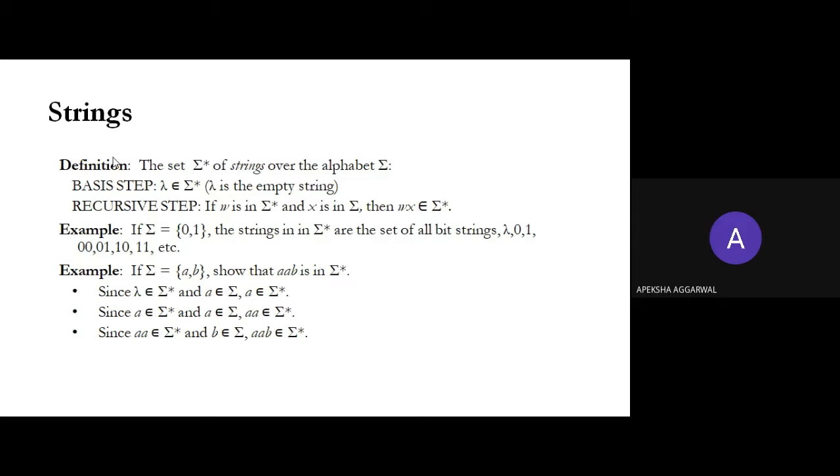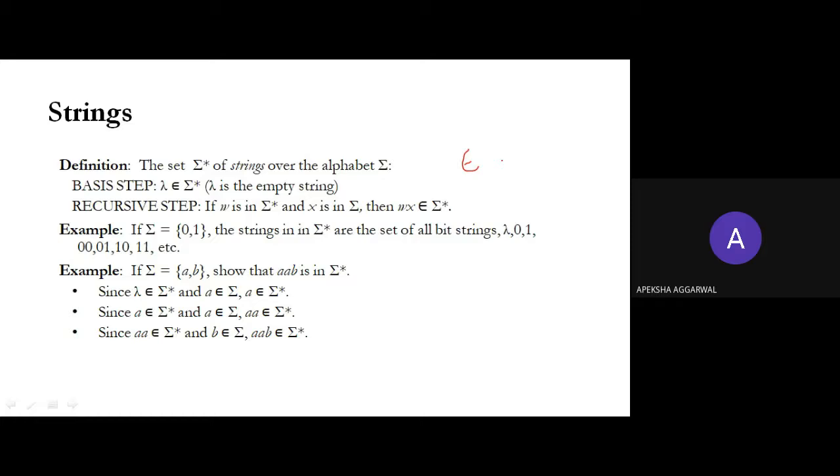So either you can use lambda or you can use epsilon. The epsilon symbol can also be used for representing the empty string. So this is the symbol, epsilon. Somewhere, if in automata theory you see epsilon, that also means the empty string. So if you concatenate some string with epsilon, you will get the same string. That is the meaning of the empty string. Now I hope the alphabet is clear and epsilon or lambda is clear. You can write lambda or epsilon, one and the same thing.